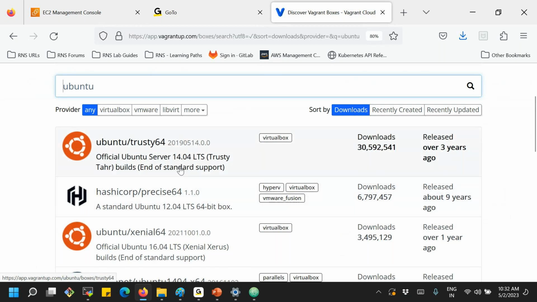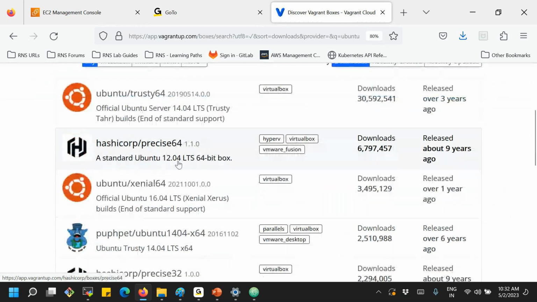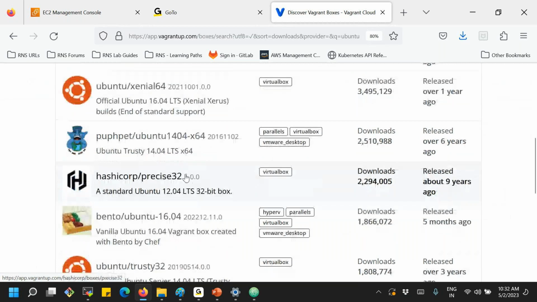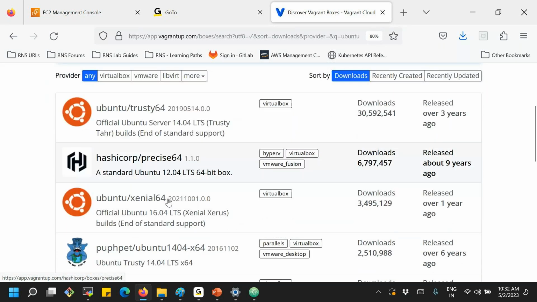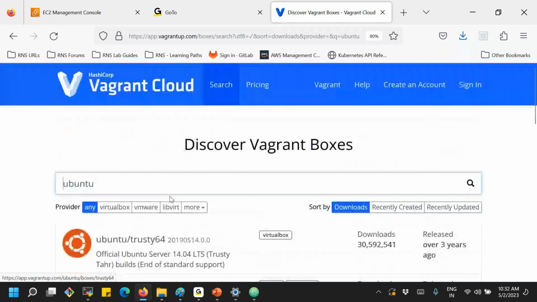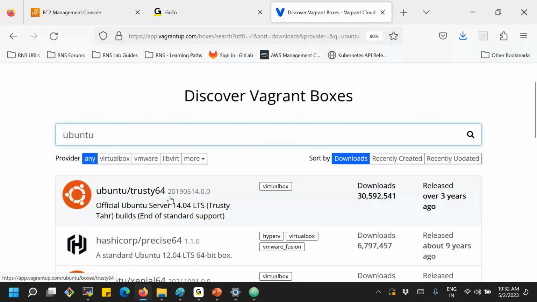You see the versions Ubuntu 14.04, Ubuntu 12.04 and Ubuntu 16.04. So we have this Ubuntu flavor again in different versions. Whichever version of the ISO image is required, you can find that particular version and use it with VirtualBox or the Vagrant box, as we can say.